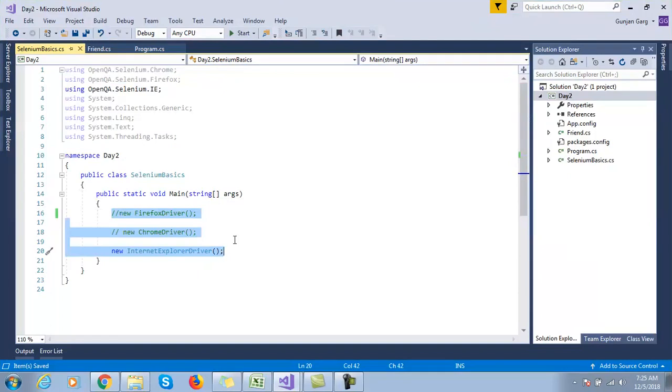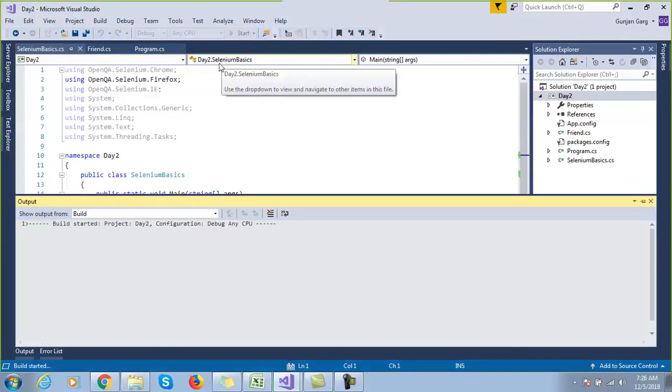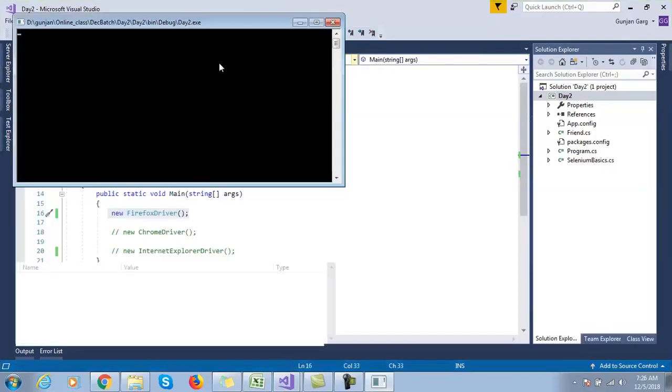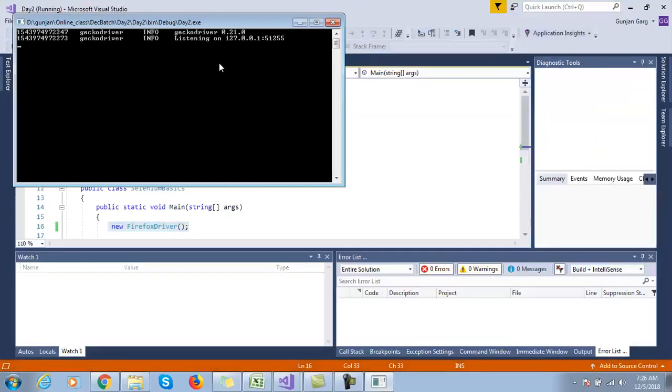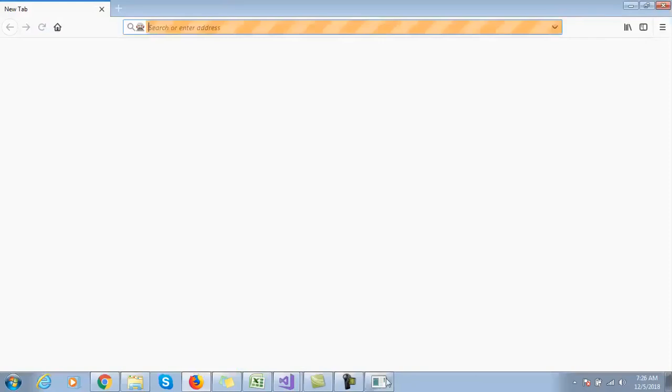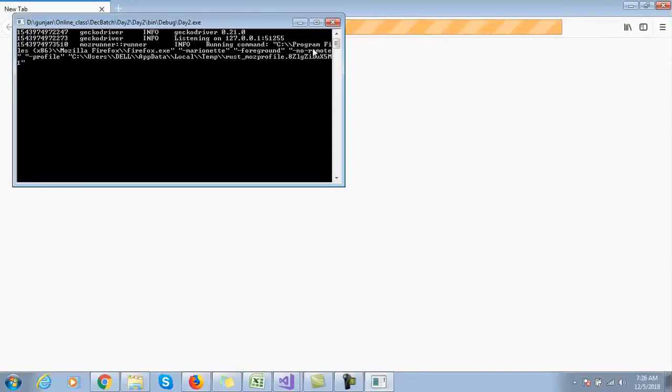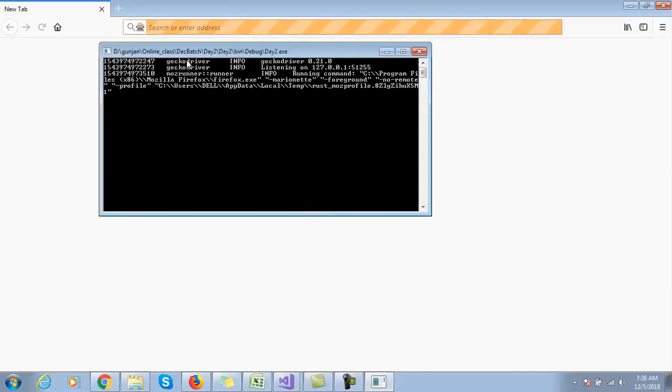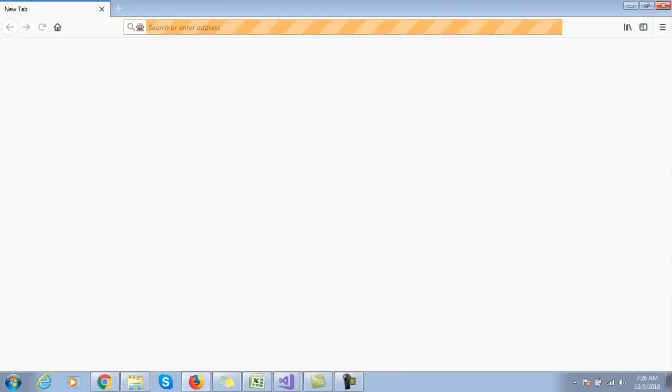But initially, for the very first time, if you just create the object of these driver classes, you'll see some errors. Say for example, I want to initialize my Firefox driver class. Right now I have just directly created the object of my Firefox driver, and if I run my code, I will see a blank Firefox browser initialized. But if you do it for the very first time, and you see the console output, it says that it is initializing the Gecko driver, right? So for the Firefox driver,